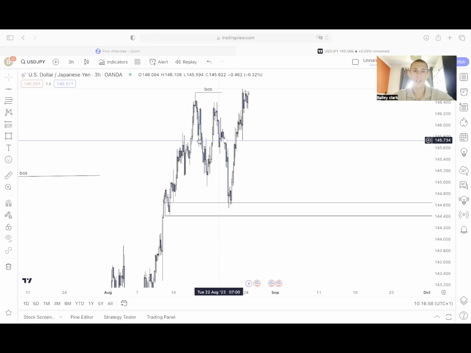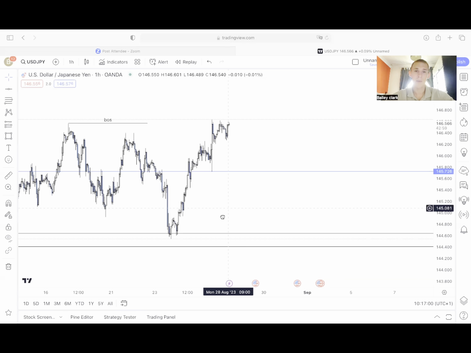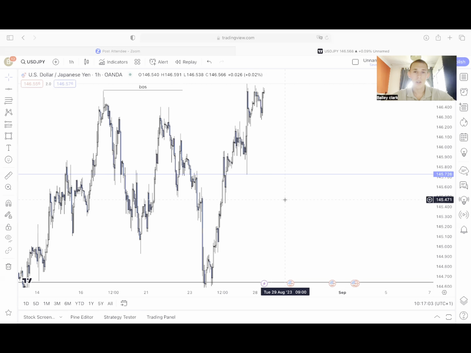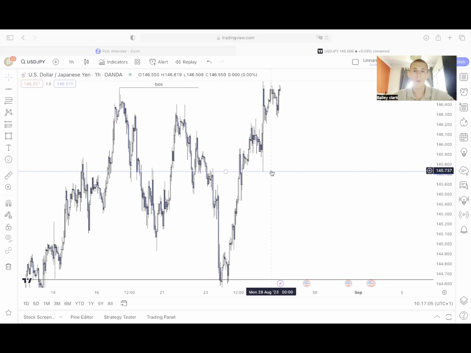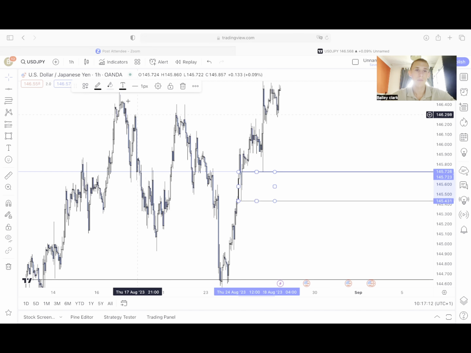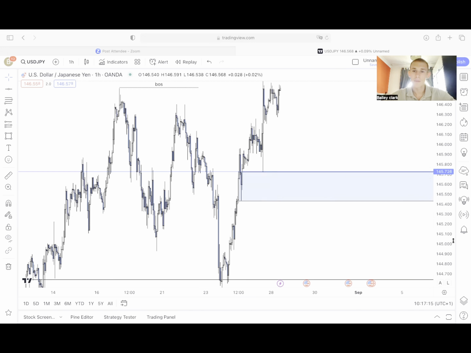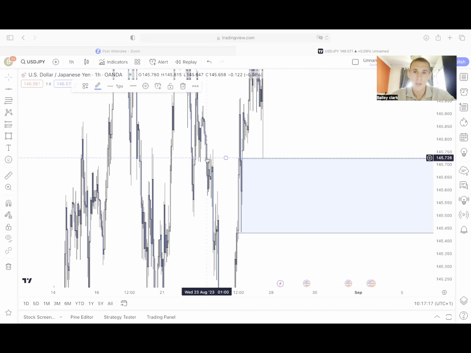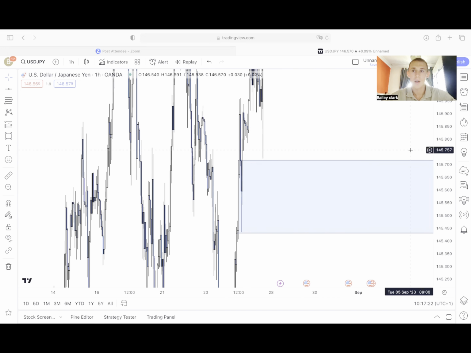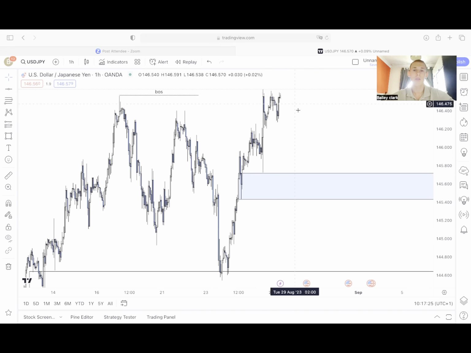The other level that we could see, but actually before we go to the second level, I wanted to show you that this daily level of liquidity corresponds nicely with this hourly level of demand, which was left imbalanced. If we look a little bit more closely, as you can see, this wick induced it and we never actually came into it. So I think one of the things we could see is for price to retrace, take out this wick into this area of demand, and then we can wait for that lower time frame entry confirmation to buy up to